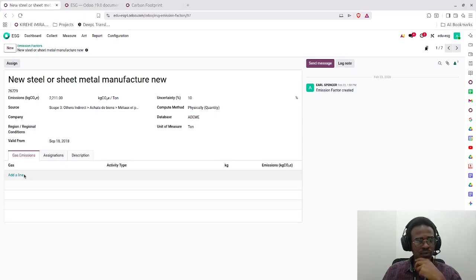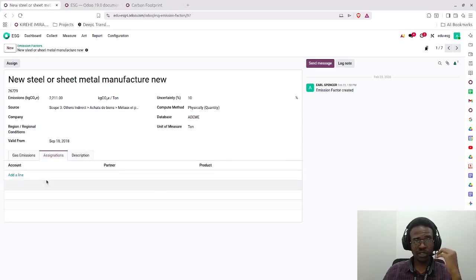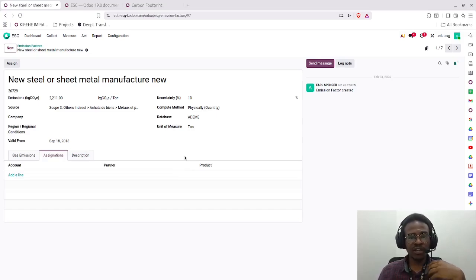So here what I'm going to do is go to assignations, and here you can see that there are 3 assignations you can put: either account, partner, or product. You can put one of the 3, or you can put 2 of the 3, or you can put all 3. Now in Odoo, based on whatever has been selected,